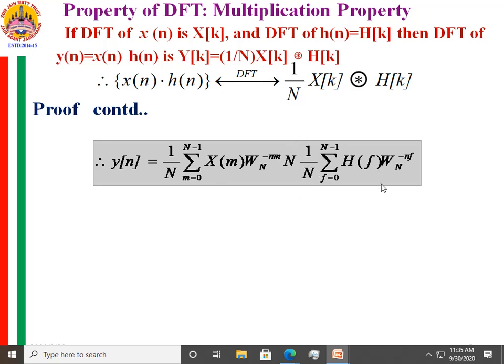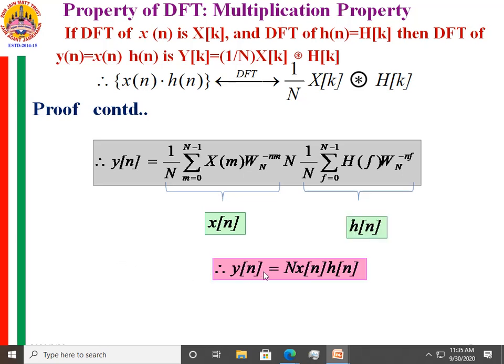Now if you observe carefully these equations, you will observe that this is nothing but x of n, the IDFT of X(k). Here m is a dummy variable for the frequency variable, and f is also a dummy variable for a frequency variable. So if you replace f with k and m with k, you will observe that this is x(n) and this is h(n). So I can say that y(n) is equal to N into x(n) into h(n),